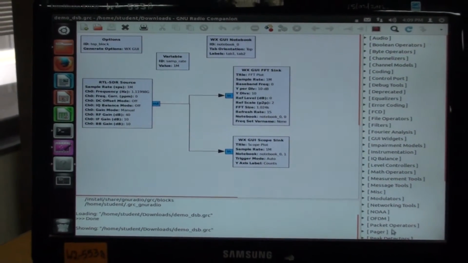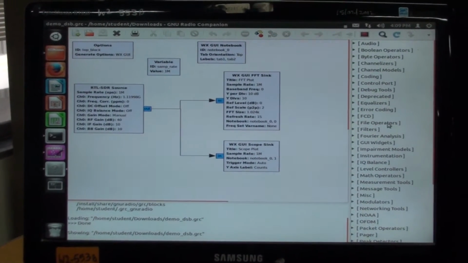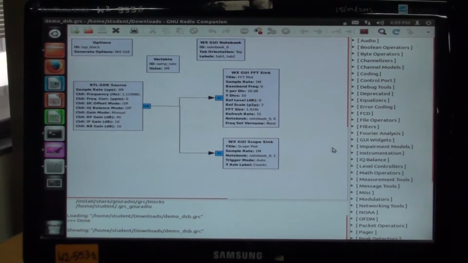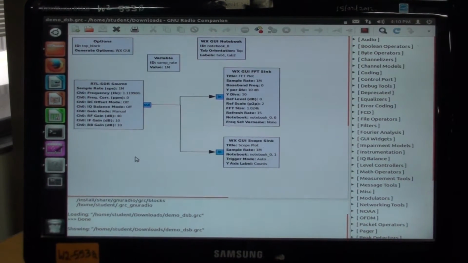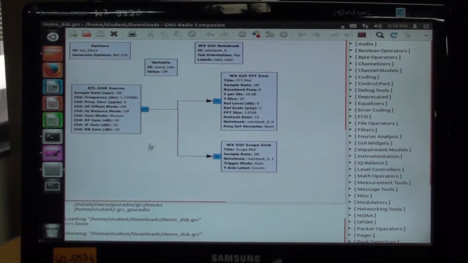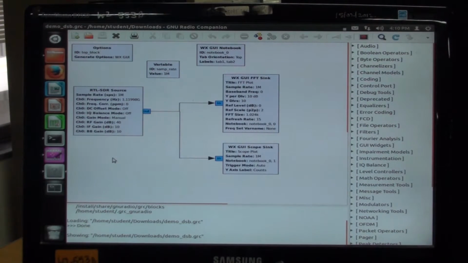Here we can see the various types of blocks that we can use in our flow graphs. Blocks function independently of each other and perform different kinds of functions like interacting with hardware or signal processing.